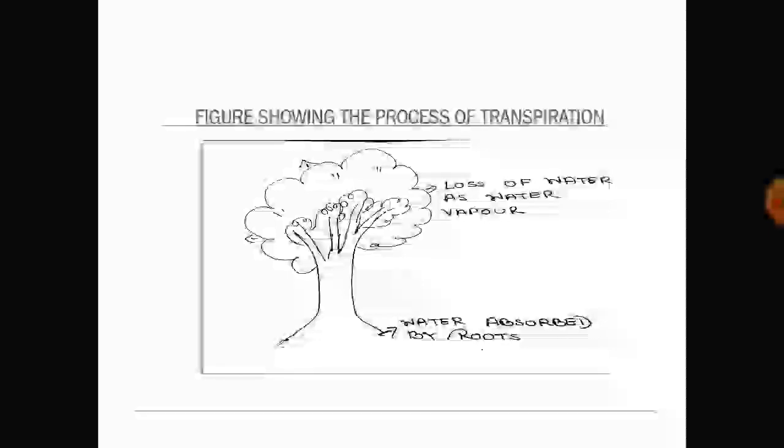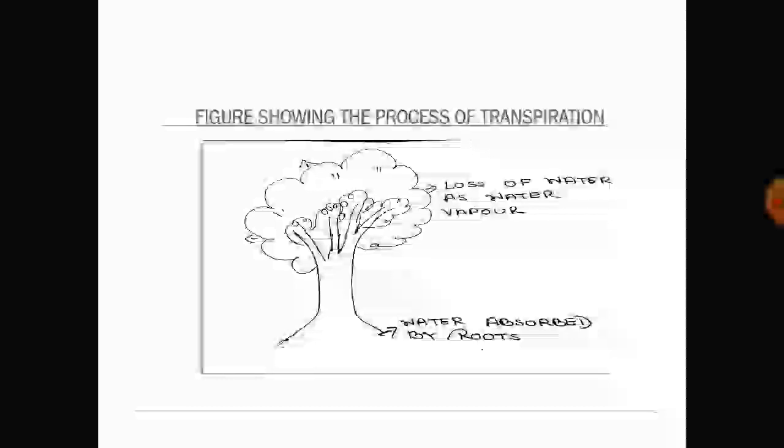Now, there is a relationship between absorption of water and transpiration. Greater the transpiration, greater is the rate of absorption of water. So, when water gets absorbed by the roots, it reaches upward and there is a loss of water in the form of water vapor. The more water vapor is lost, the more absorption of water there will be. And if the water lost to transpiration is more than that absorbed by the root hairs, the plant loses more water, resulting in the leaves, stems and flowers drooping. This is called wilting.